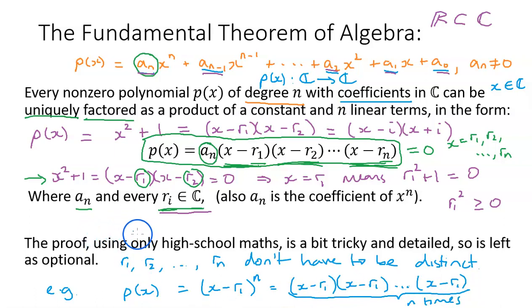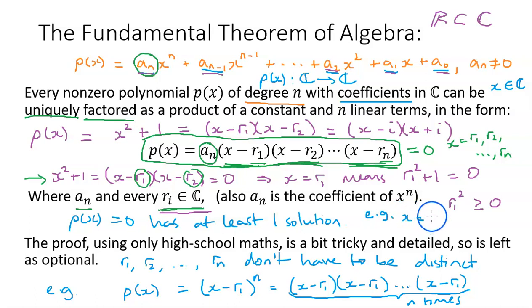So the theorem is not saying that there are n different solutions to the equation p of x equals 0. It's saying there is at least one solution. And we have some other theorems like the complex number solutions come in complex conjugate pairs. So, for example, if x equals 2 plus i is a solution, then so is x equals 2 minus i. So details like that